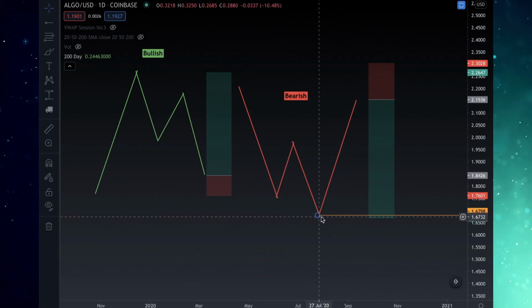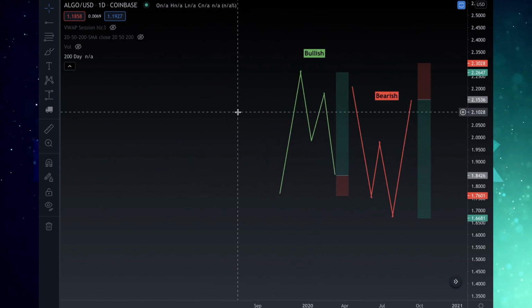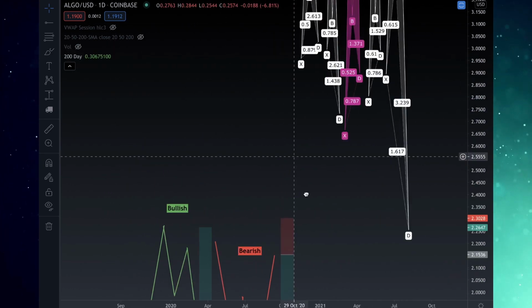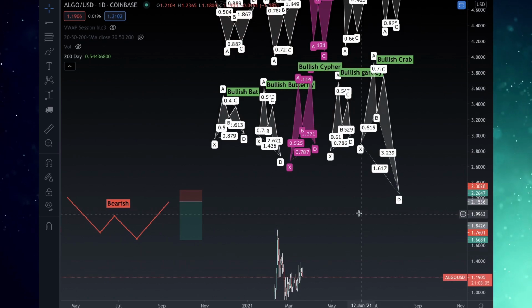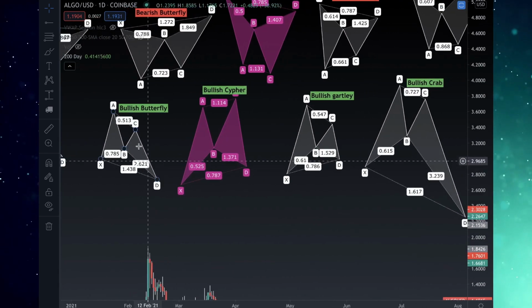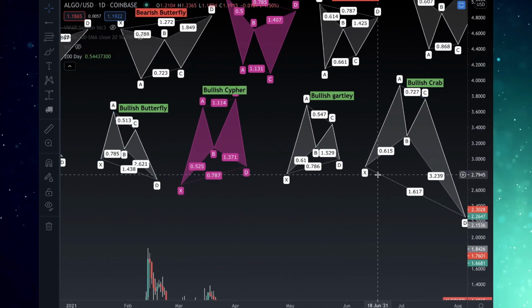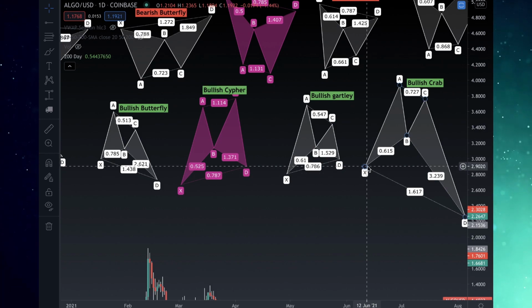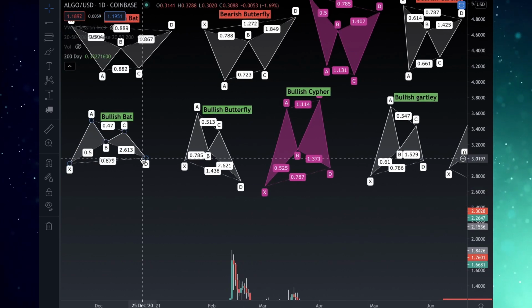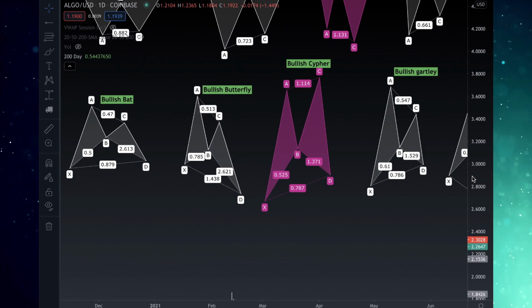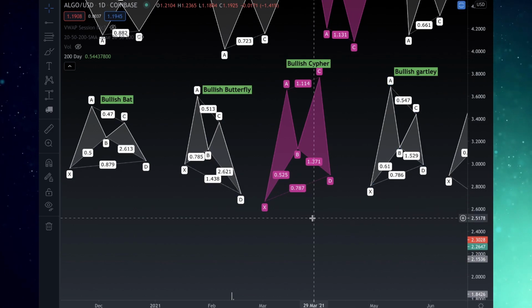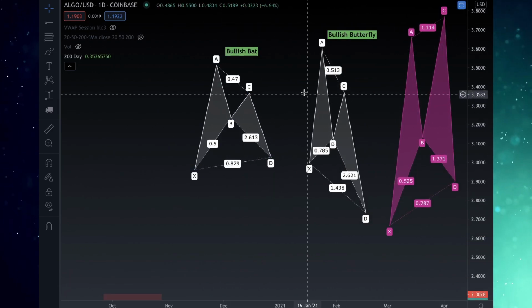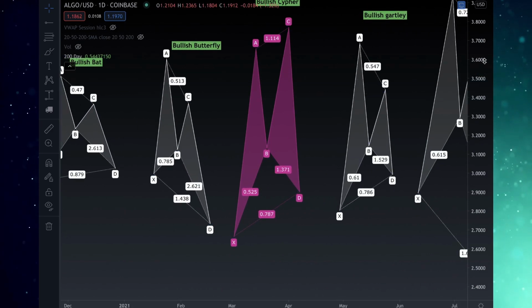In terms of what the actual Fibonacci levels will look like here, we can go over a few harmonic patterns, all right? So let me scale this out a little bit. I just drew them all up. These numbers are not going to be super exact. I just did it quickly. So all you can do is go on Google and look up a harmonic cheat sheet. You can find one with all of the actual pivot points using Fibonacci. Even if you join the Discord and go to the education tab, there's a cheat sheet there as well. So we're just going to start off with the bullish harmonic patterns, and then we'll go to the bearish